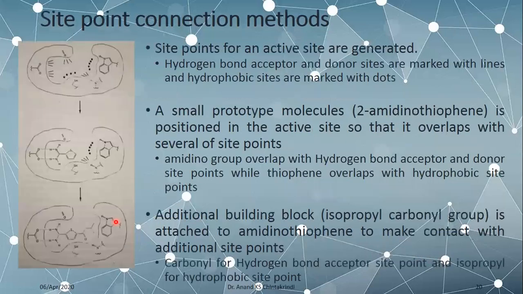So in the earlier example, if you want to say that I want to make interaction only with the tryptophan residue and the carbonyl residue, because these are the important residues in the enzyme action or the receptor action, and this is not so important, you can tell the program that these are the important ones, you have to look only for this. So this reduces the time, and you can get a meaningful ligand as well, so that only these site points are satisfied and not these site points. So it is not computationally expensive, wherein fragments to satisfy this are not considered. So you'll end up with a faster process.